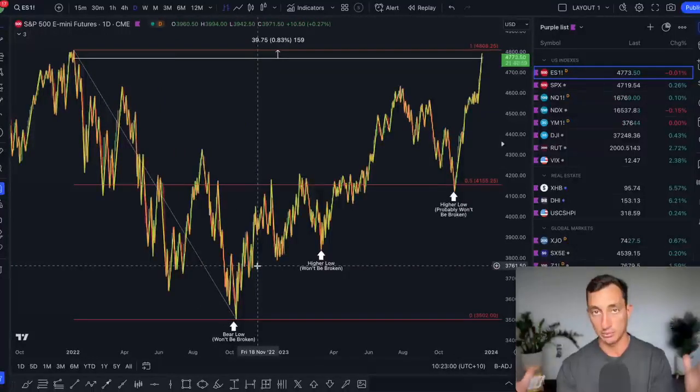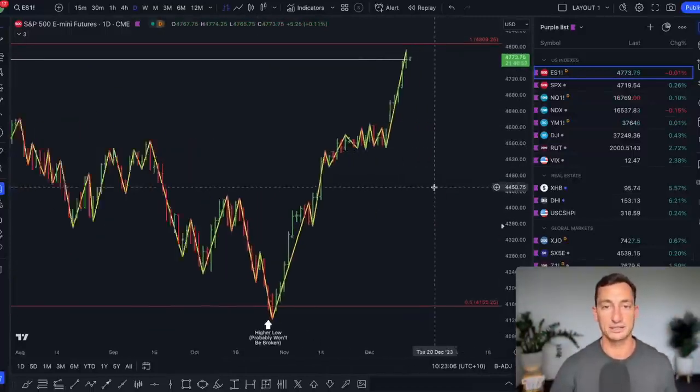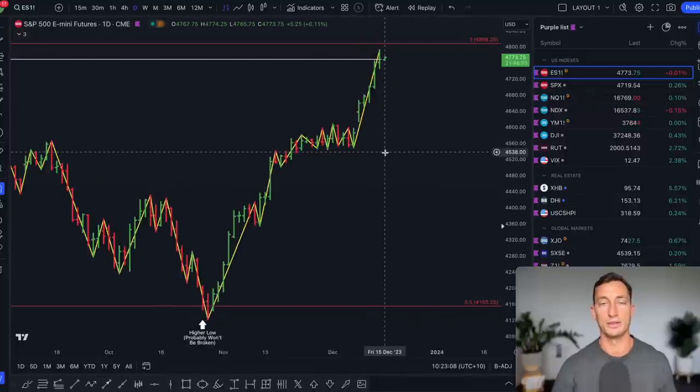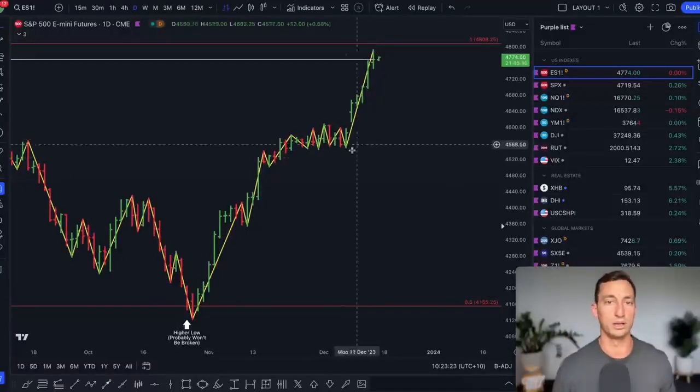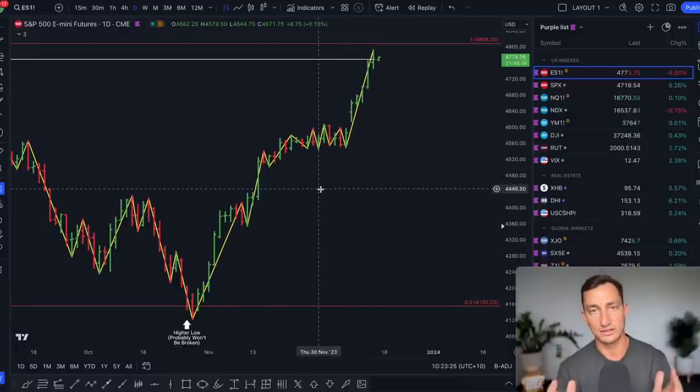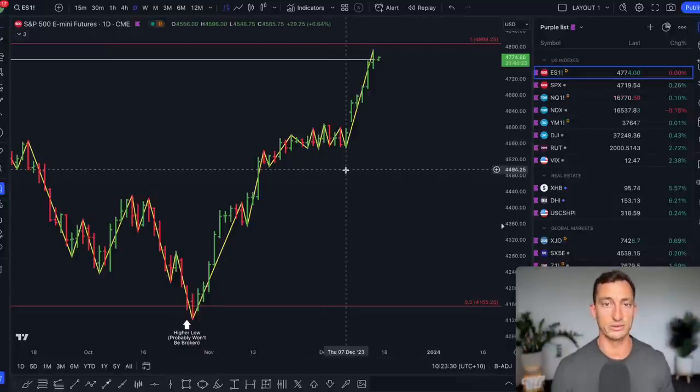So this is the macro picture, and I'll get down into the medium term timeframes for the altcoins in just a moment. But yeah, we're just seeing the same sort of thing happen here with the stock markets. They're continuing up. This is all good news for altcoins and for Bitcoin as well. But remember, things just don't go in a straight line. They eventually have to have a correction. And that's what I'm looking out for in today's video that I want to share with you guys as well. Nonetheless, things are still looking rosy in the macro picture. Good sign for crypto and Bitcoin.